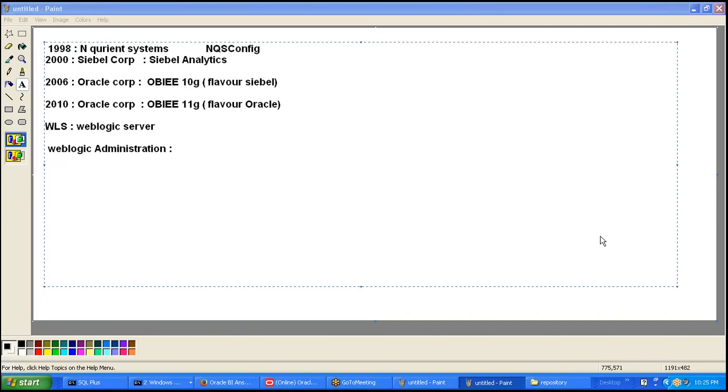Snigdha, I didn't get any message from you. No, mine is a Windows 8 machine with 8 GB. Windows 8 and a sufficient amount of RAM, right? With 8 GB, directly you can go with a virtual machine. In a virtual machine, everything is already pre-configured. All you need to do is download and configure it. Configuration will take around 15 minutes, not more than that.